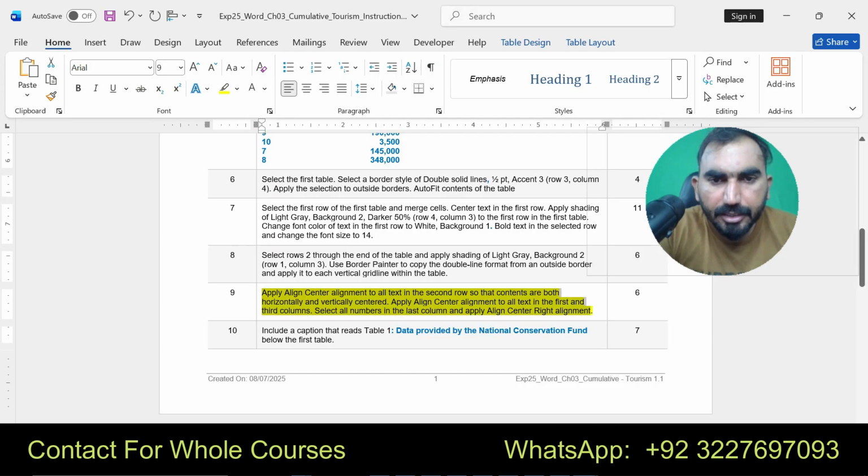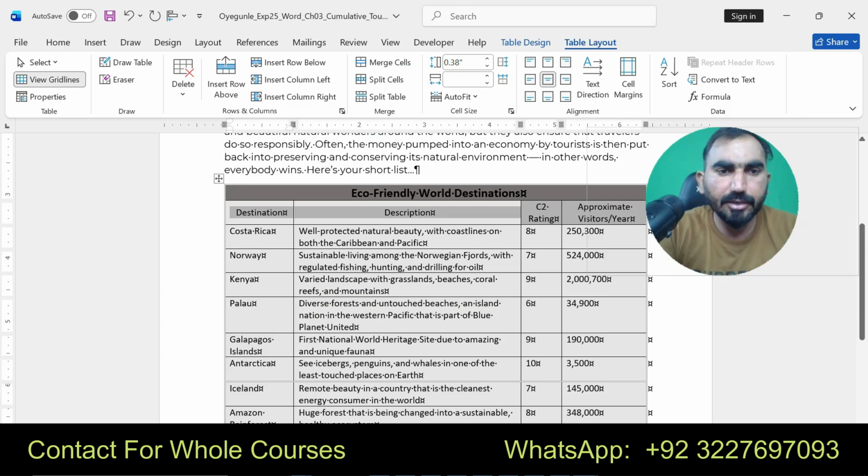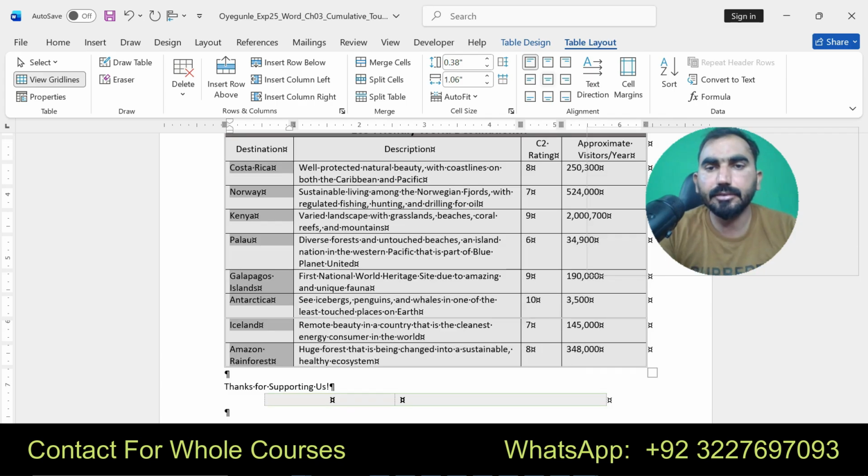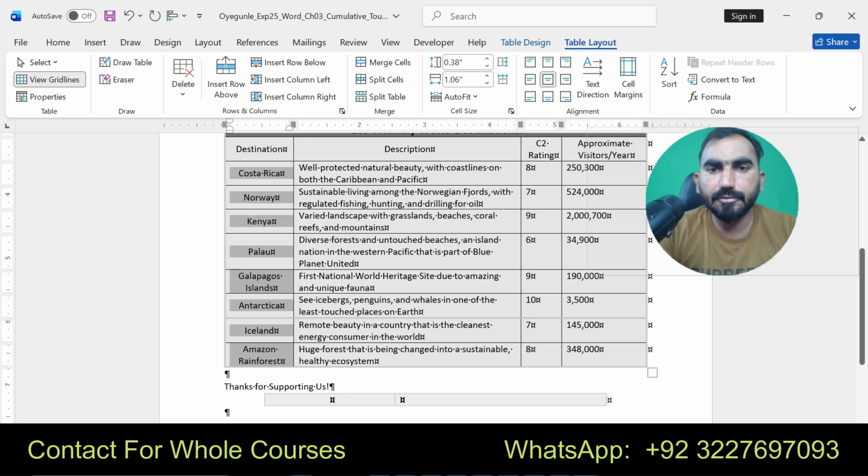Select all numbers in the last column. Okay, then apply center alignment to all text in the first and the third column. First apply center alignment to the first and third column. Apply center align, center, first and the third column. Okay, then